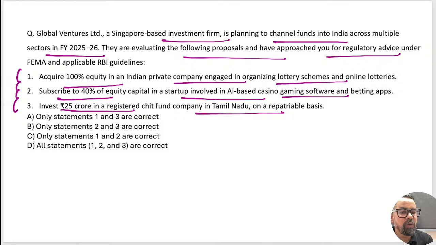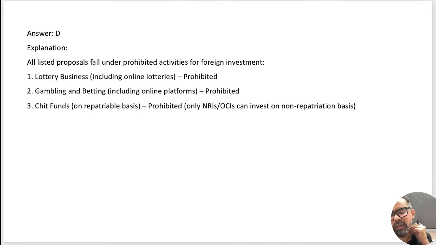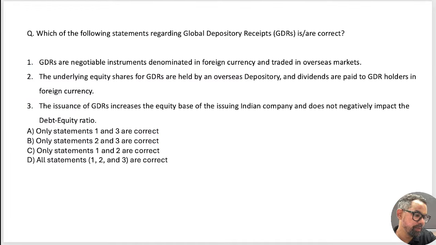So what we have to find out in this case is the regulatory position, so all are prohibited basically. In this particular case all the segments are prohibited. All these proposals generally come under the prohibited category. So they cannot invest in this, they cannot invest in this, they cannot invest in this. So the options are around the prohibition, so they cannot invest in any of these particular activities. They generally fall under the prohibited category itself. Next one,